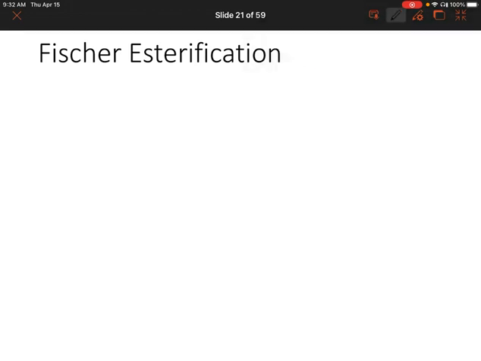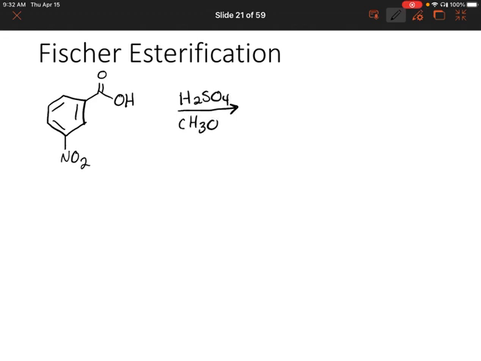All right, so we're going to start with the following. We have a benzene ring with a nitro group, meta to a carboxylic acid. And then we're going to use acidic conditions and an alcohol there to turn that carboxylic acid into an ester. So that's why it's called esterification. We're esterifying. I don't think that's a real word, but